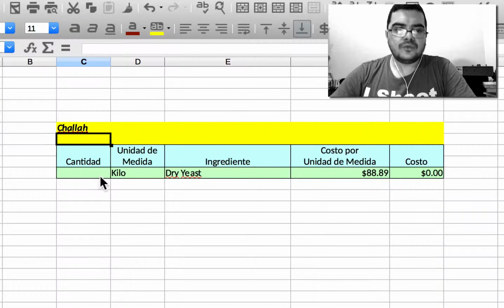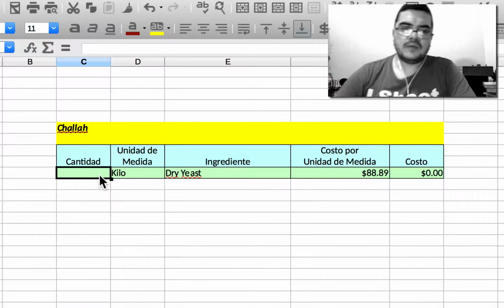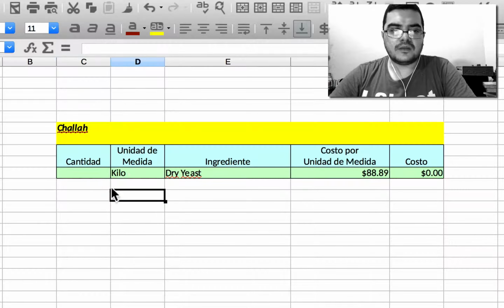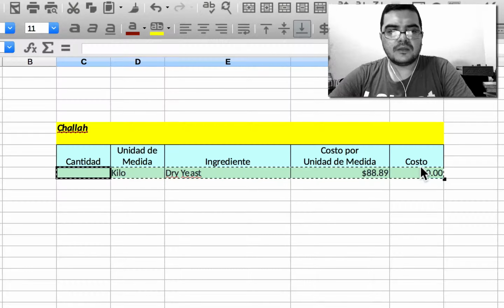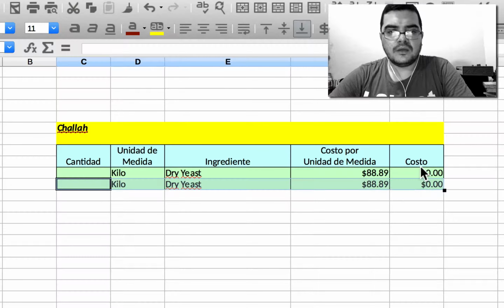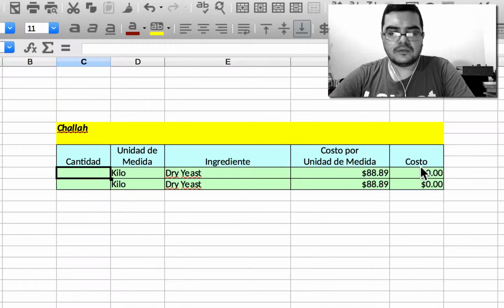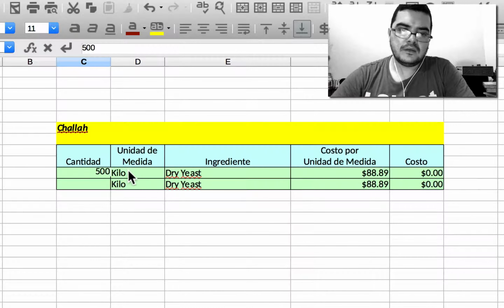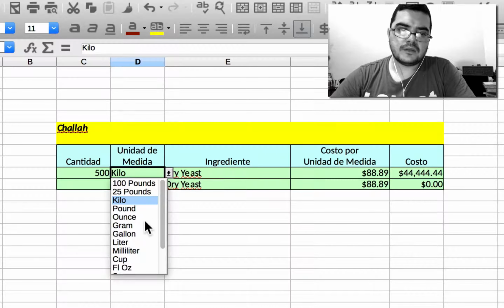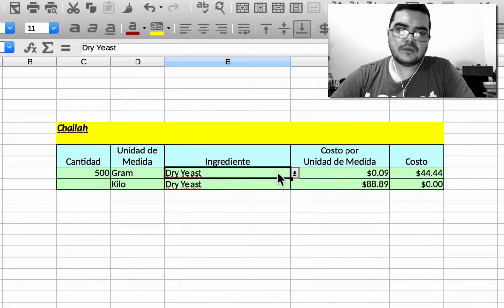What you are going to do is really simple too. It's the same procedure. Every time you want to enter a new ingredient for your recipe, you are going to copy this row in the next row. So let's enter the ingredients. Let's say 500 grams of